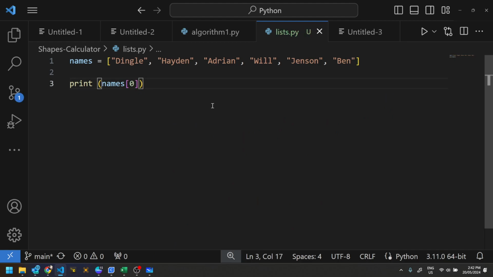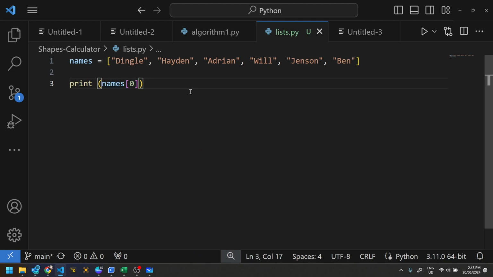Take my typing into account, but I've got a bunch of names here. I've got Dingle, Hayden, Adrian, Will, Jensen, and Ben. It's an honour to be on my list here, guys. And then I've got